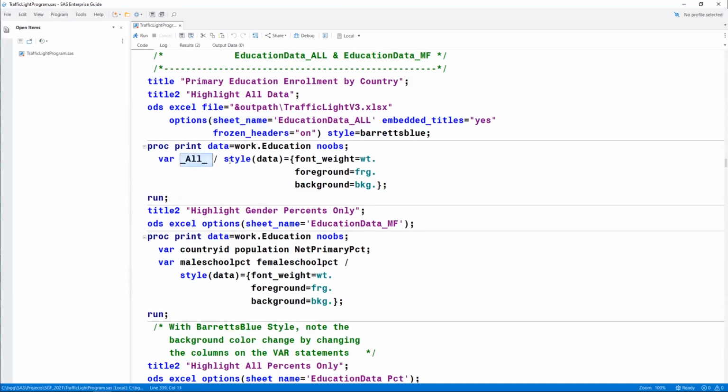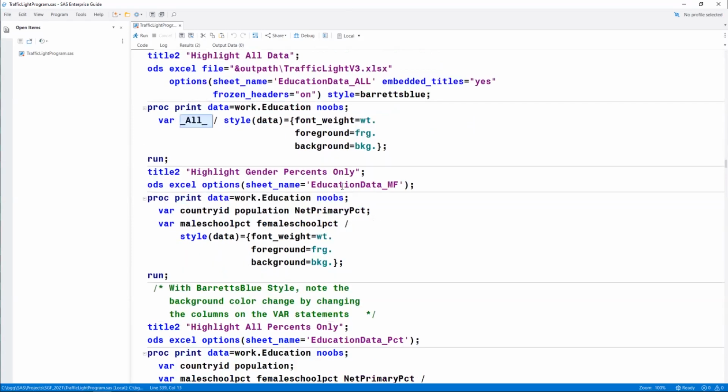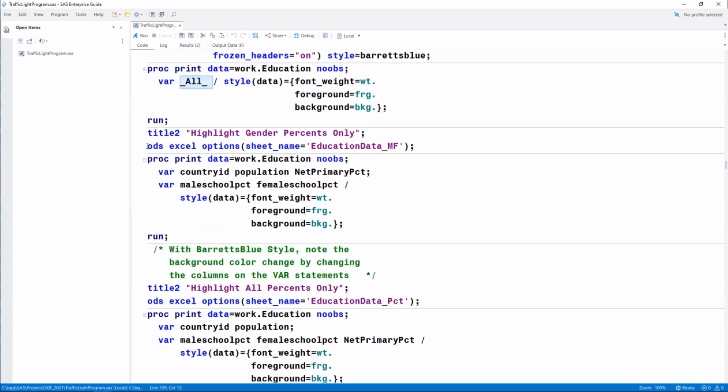And this is the one where I'm applying my formats to all the different columns. Then I have another ODS statement. I'm not closing the file yet. I have another ODS Excel option statement to say, all right, after that first print, change the title and also change the spreadsheet name that I want to generate with the following print.